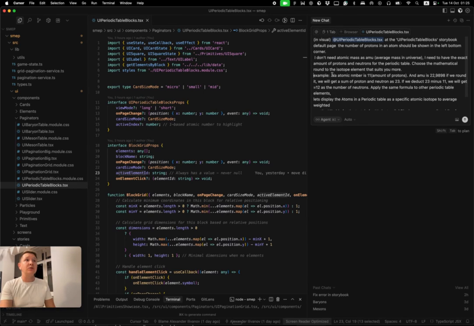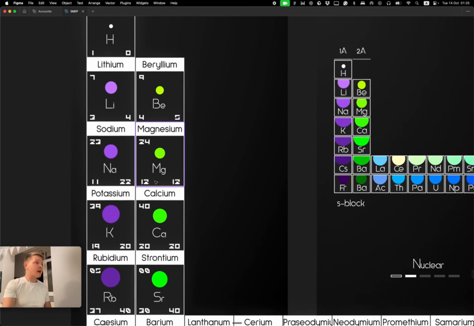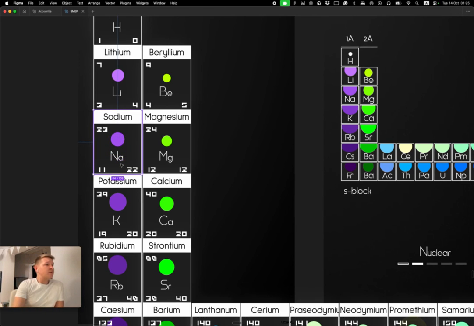I'm giving my expectation of what I want to receive. So I want my card for the periodic table to be shown like that. We have natrium here, the total number is 23, and the actual number of the element is 11.